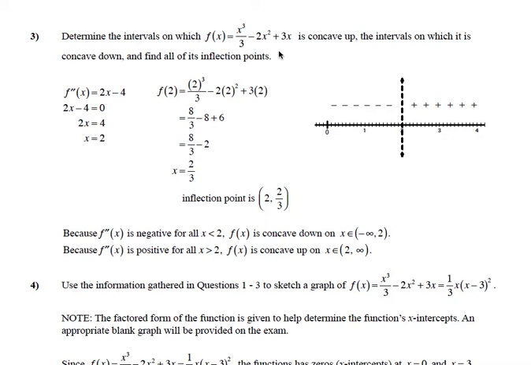we get x squared minus 4x plus 3. Then when we take the derivative of that, we have 2x minus 4. To find the intervals of concavity, we're going to need the partition point. In this case, it's just one point, and partition number. And so to do that, set the second derivative equal to 0 and solve. So we add 4 to both sides here, divide both sides by 2, and so x equals 2 is our